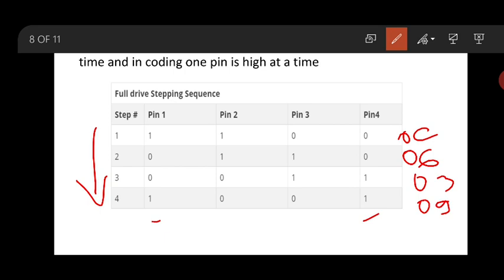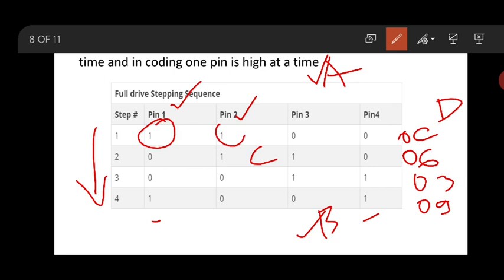C639. Okay, I hope you get here. Now how we get here, two pins energized during the condition. Okay, I mentioned here A will be there, B will be there, C will be there, and D will be there. Which are energized? A and B. That is A and B, means this one and this one.